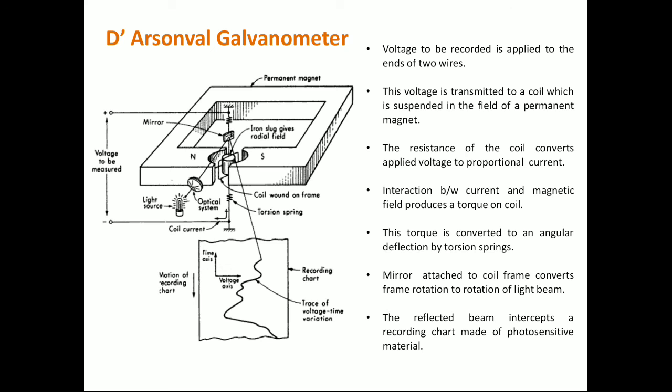Within the vicinity of the permanent magnet, a coil is placed, and the two ends of the coil are given for connecting the supply or the quantity to be measured. And in that field